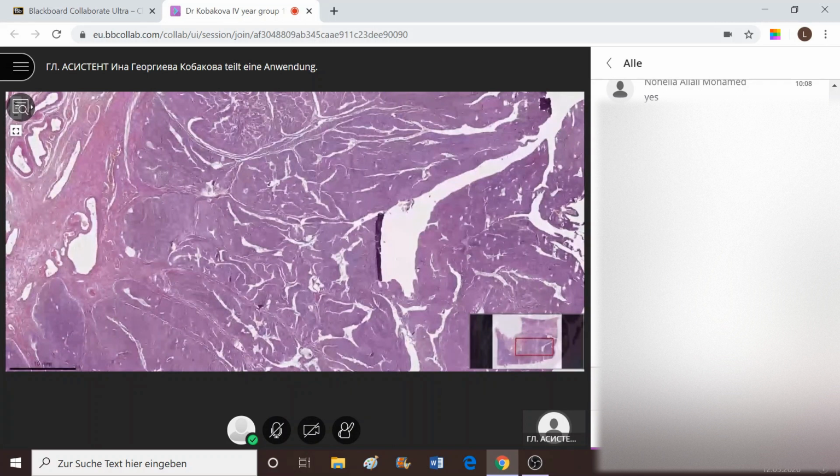What appears to be the cause for this type of tumor, most oftentimes? Cigarette abuse, yep, smoking majorly in women, and also